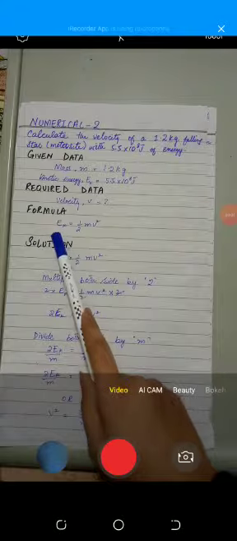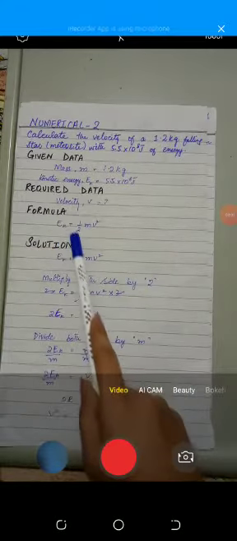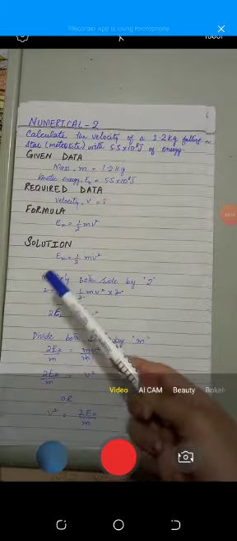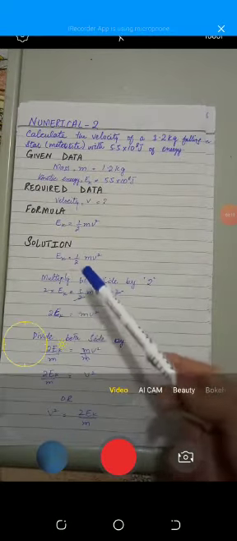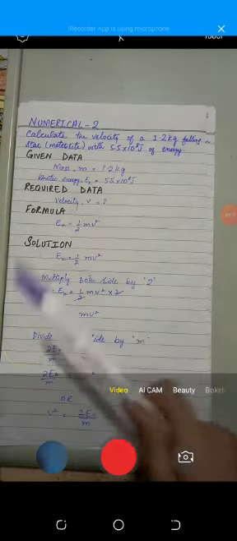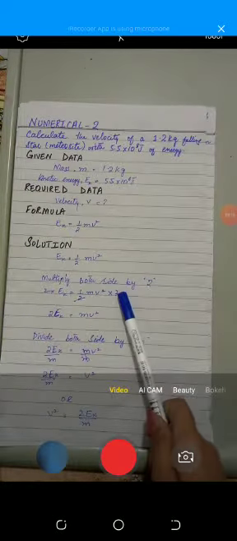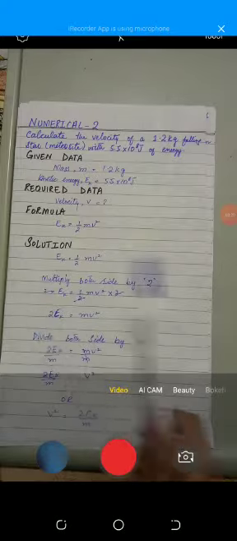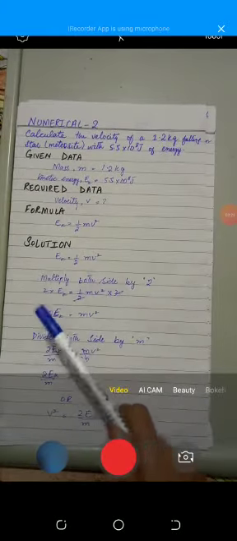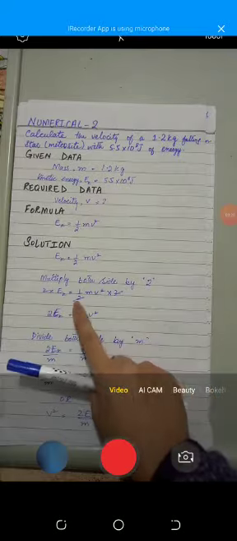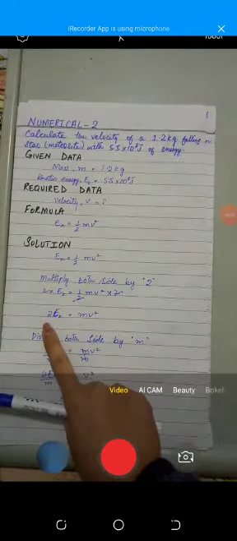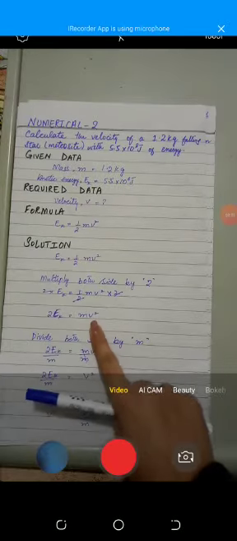Formula is kinetic energy equals half mv square. When we start the solution, we are going to find out the velocity. So first we take out v from the formula. Multiply both sides by 2. The 2 is cut from there and shifted to the left hand side. We are going to multiply because the 2 is in the divide form. So the equation comes as 2EK equals mv square.